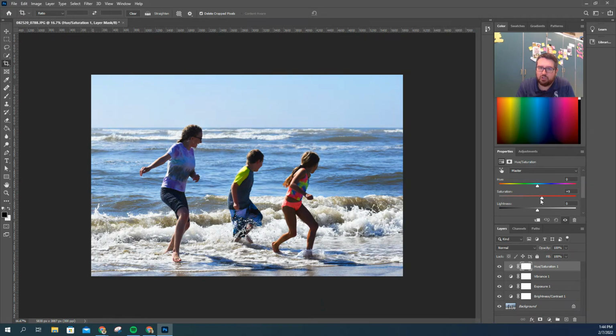Saturation, again, you could do another layer of saturation. That looks insane. Okay, we're not doing that. I'm going to go back down to 0. Okay, lightness, again, just changes the brightness of the photo. We've already played with that. And then hue